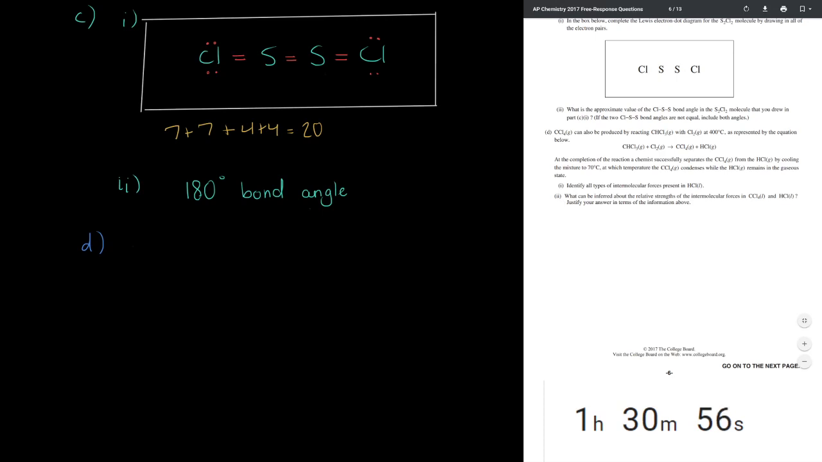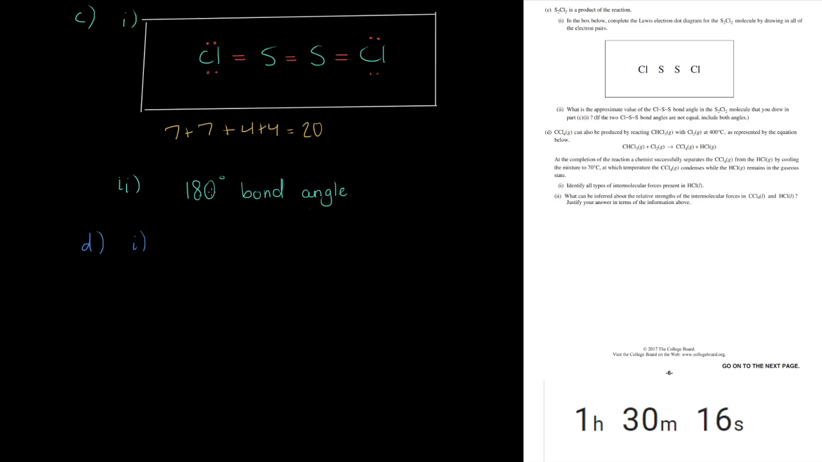At the completion of the reaction, a chemist successfully separates the carbon tetrachloride from the hydrochloric acid gas by cooling the mixture to 70 degrees Celsius, at which temperature the carbon tetrachloride condenses while the hydrochloric acid remains in the gaseous state. We're not quite a pirate yet. We just have the one eye. Identify